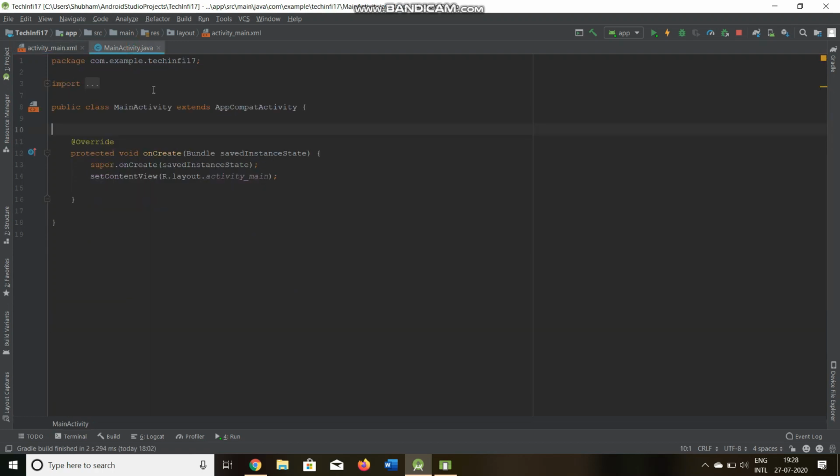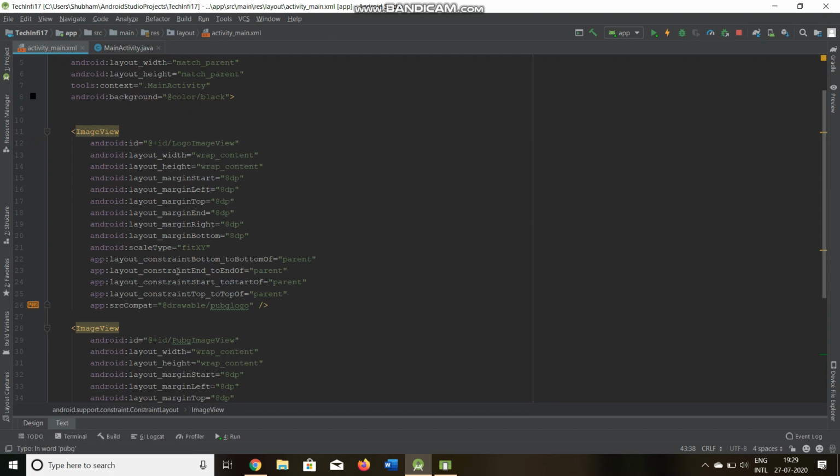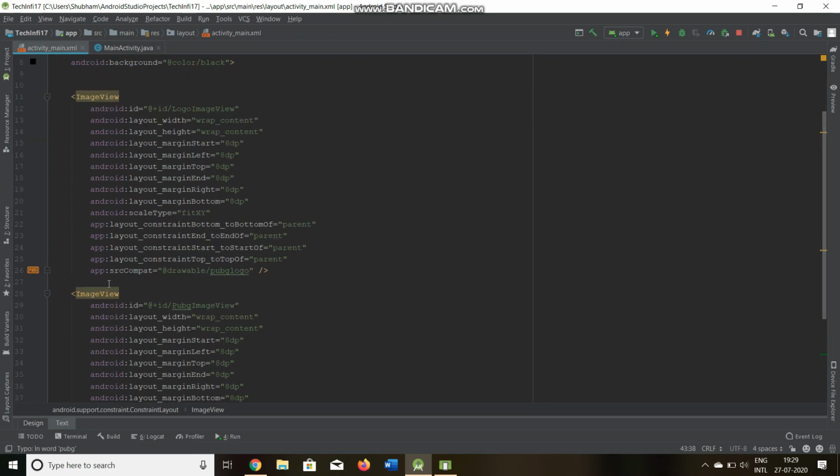Now coming to the main activity file, we'll start by first defining our two image views over here. The first one, let's keep it as logo, and the next one should be PUBG. What I need to do is, whenever I click on the first image view, this first image view will fade away and the second image view will appear.